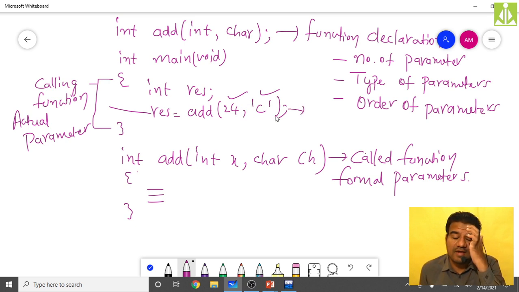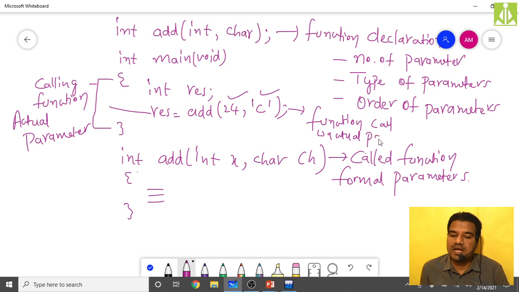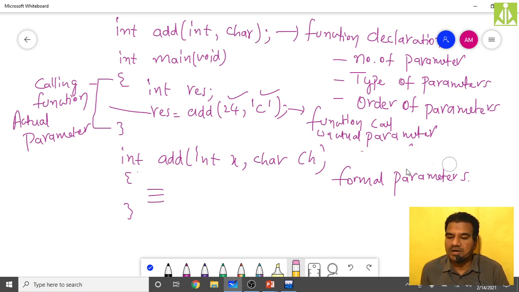The function call will have actual parameters. Function call will have what? Actual parameters. And lastly, this is my function definition. I should write it here, but my video may be coming, so I'm not writing over there.